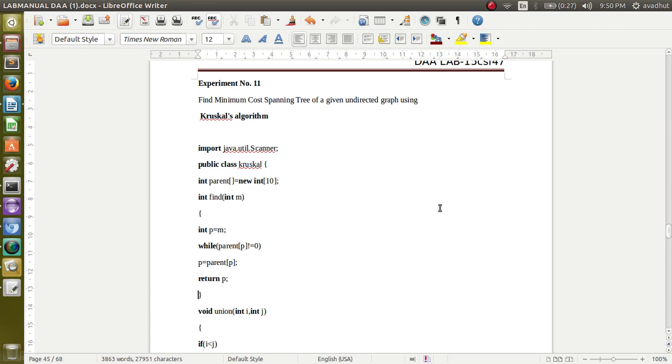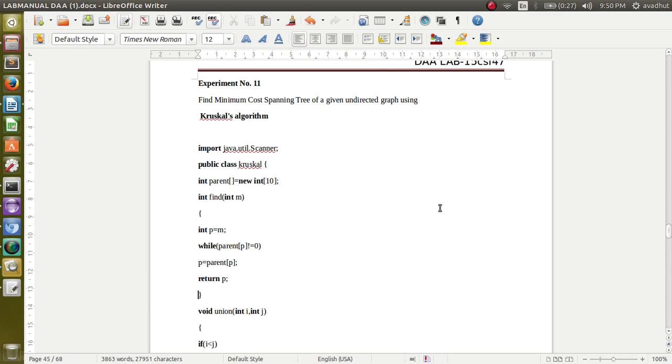Here we are taking two concepts for the logic, that is find of u and union. Find of u is a function where we find the parent of a particular node. Union, for example union of i comma j: if i is less than j, then we store i in the place of j.